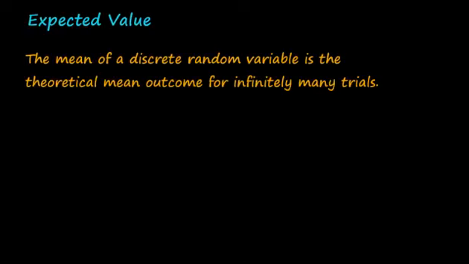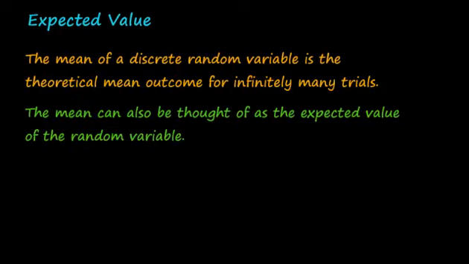The mean of a discrete random variable is the theoretical mean outcome for infinitely many trials. So the mean can also be thought of as the expected value of the random variable. So we have a formula for this. If it's the same thing as the mean, we use a capital E to represent expected value,